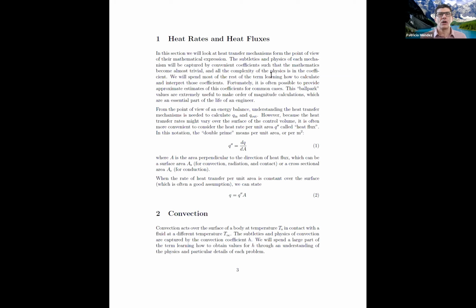Now I'm going to talk about heat per unit time, that is a small q, but also per unit area, right? In this class, we use the notation double prime. One prime would be per unit length, and you're gonna see later that per unit volume, we use triple prime. So q double prime,